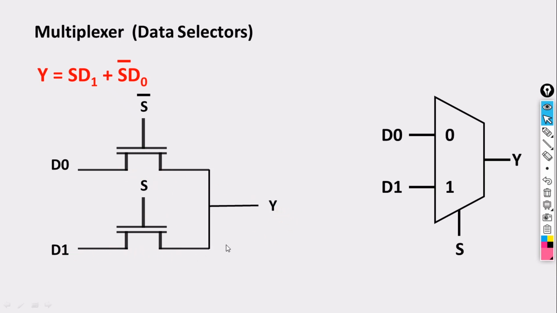From the 20 transistors which we saw previously, we have come down to only 2 transistors. But again, we have a drawback of using pass transistor logic, because our output VOH and VOL are not going to be the same.